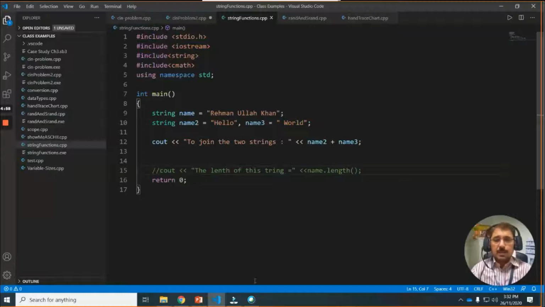There are many other functionalities, and you can use the plus like this also.